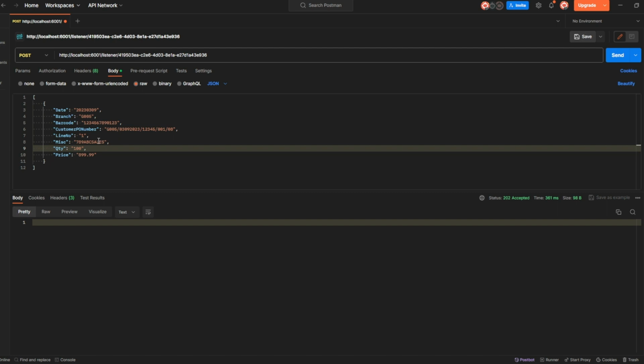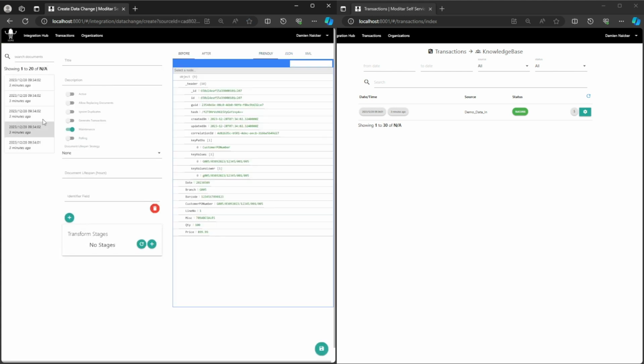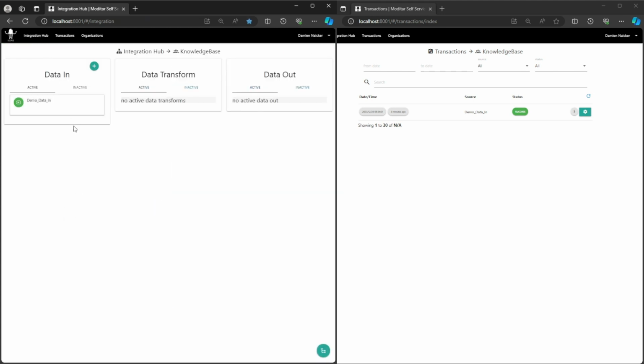So let's try posting this without adding the headers, and let's see what happens. Let's click on send, and as you can see, we get a 401 response, unauthorized. And let's just go back to confirm in our data in that no new doc has come through. Now click on refresh the transactions, nothing has come through. As you can see, it's still 5 docs that remain in the data in. Let's go back to our Postman,